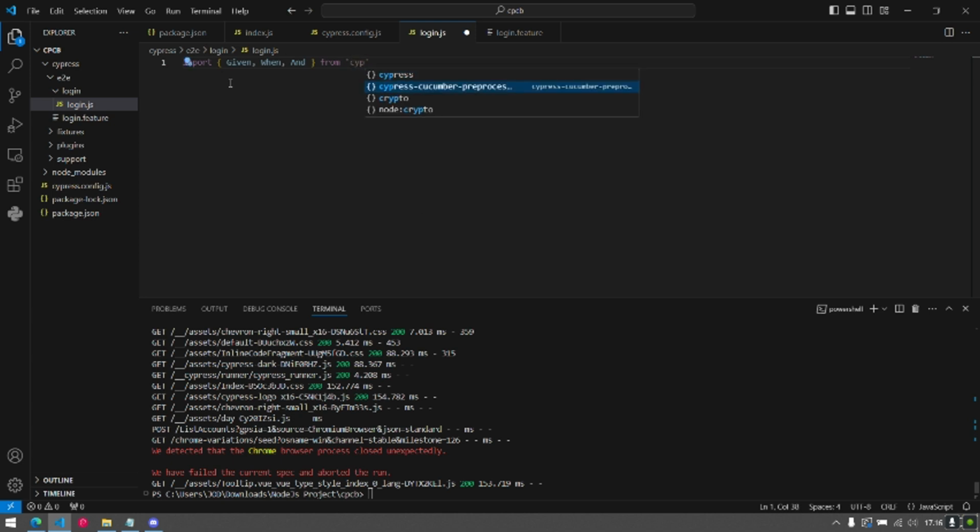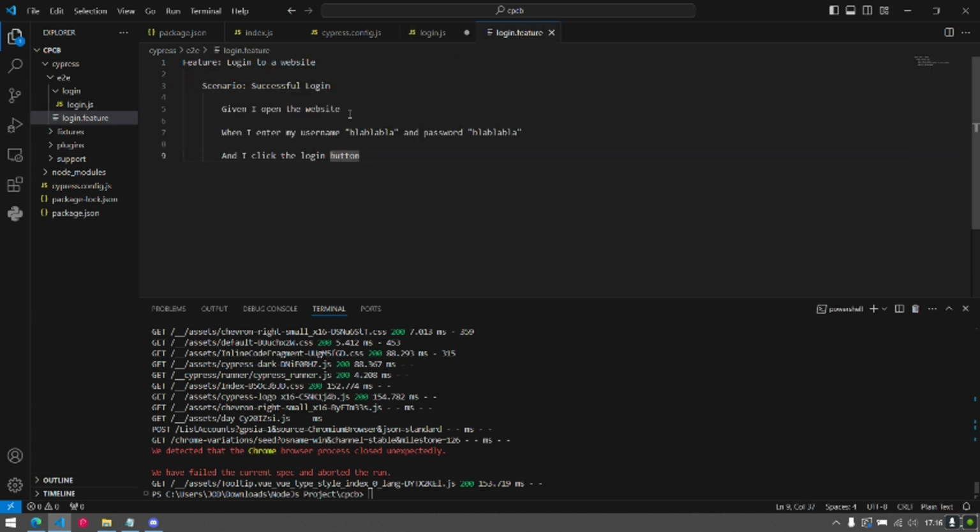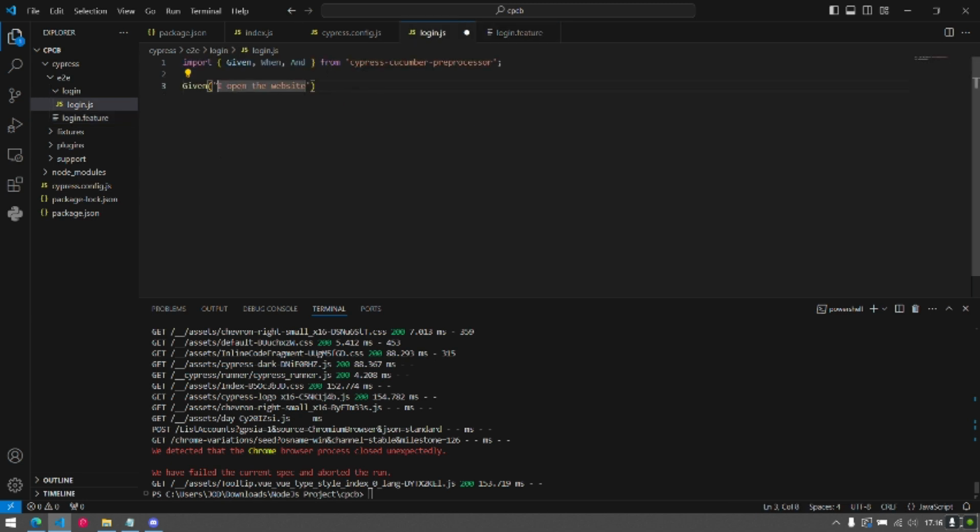From Cypress Cucumber processor, we add some semicolon, and at the Given scenario we type the text in the given scenario, which is, as you can see here, I opened the website before, so we retype it again in here. Then we add the function here and give it a bracket. And what the system will do when the Given is executed.